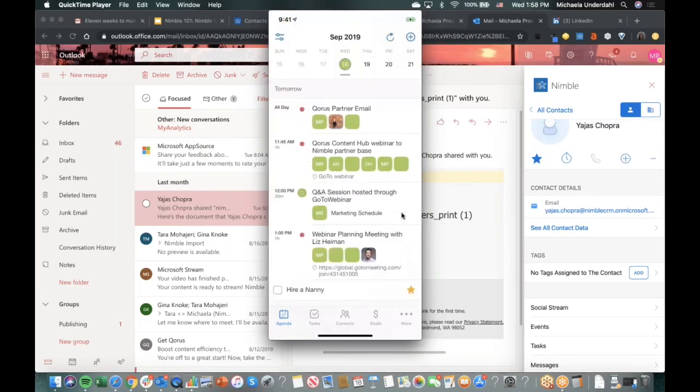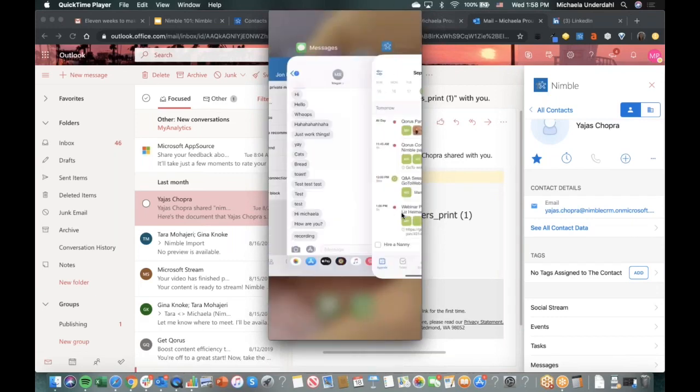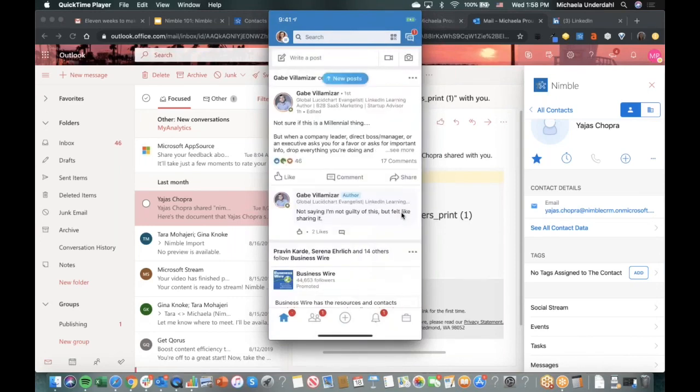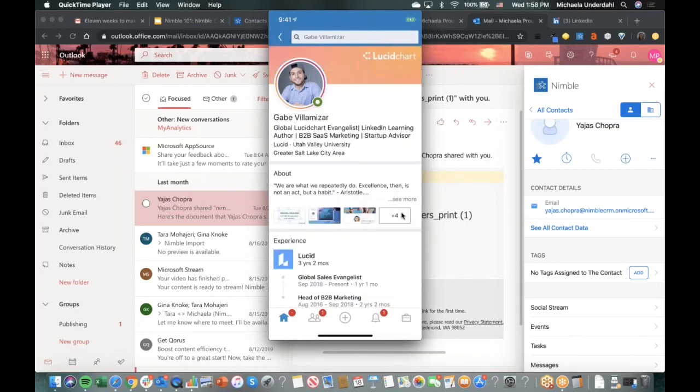Since we are on iPhone, and this is an iPhone specific feature, so unfortunately our Android users will not be able to use it, there is Share Via. So let's say you are using the LinkedIn app on your iPhone, and you are viewing somebody's LinkedIn profile,